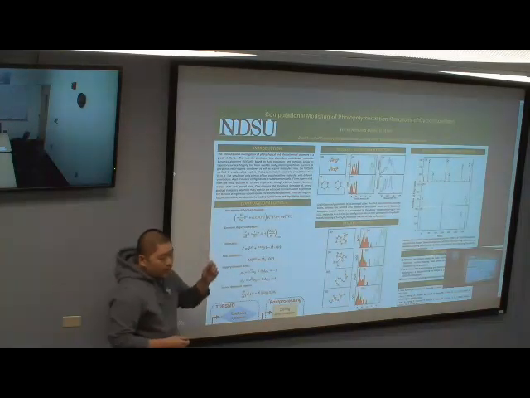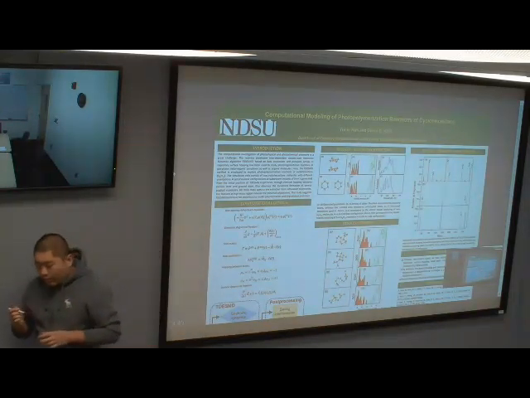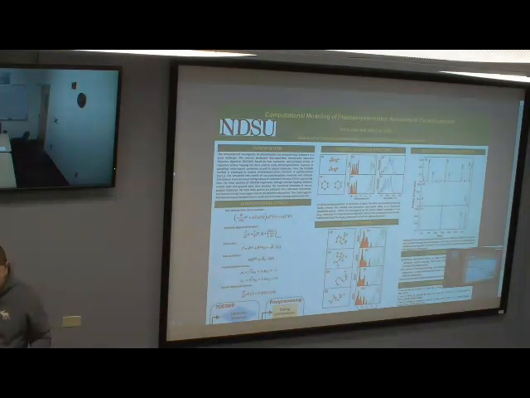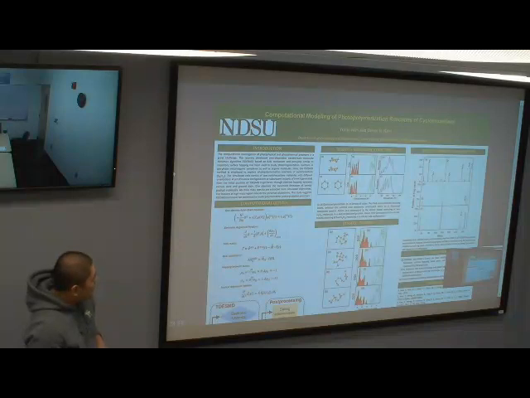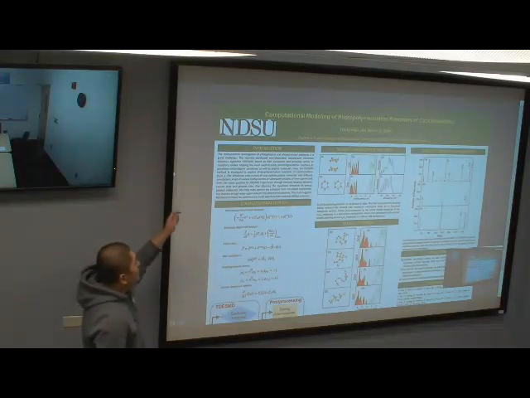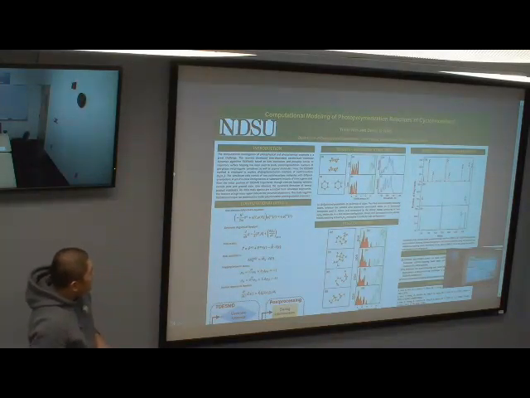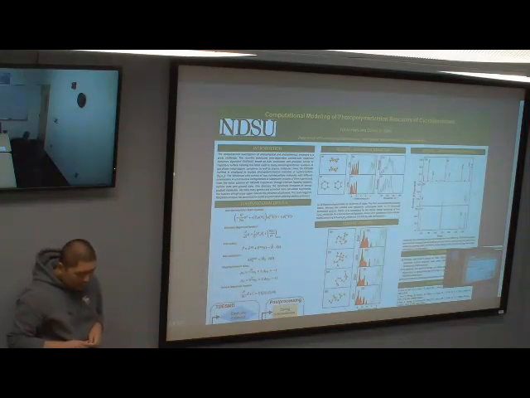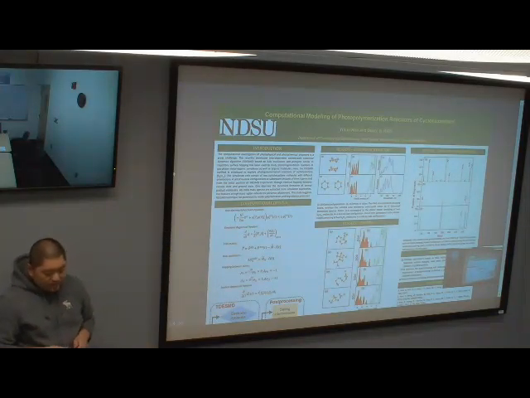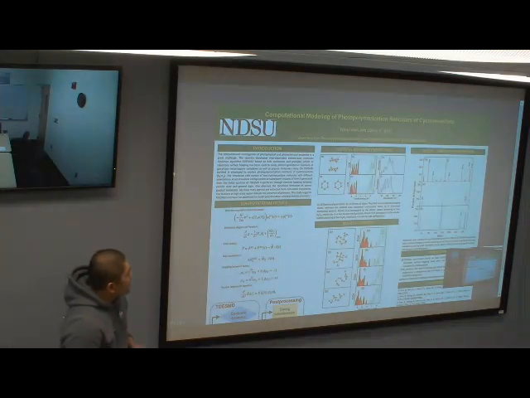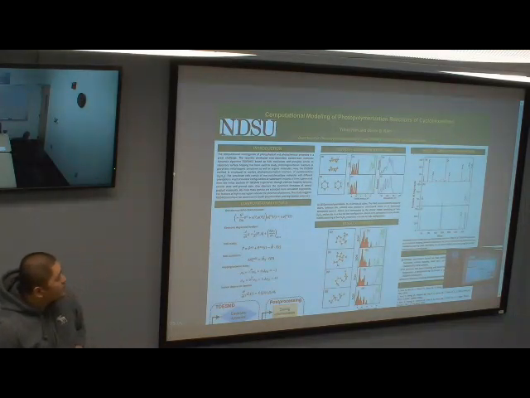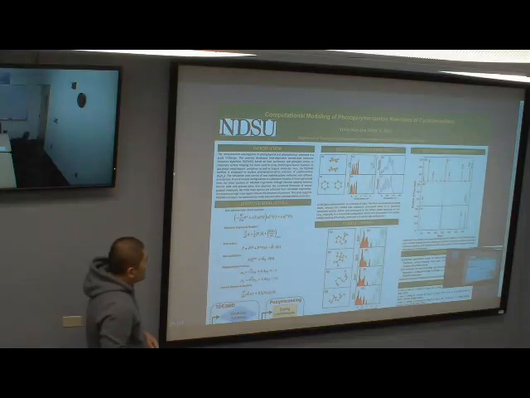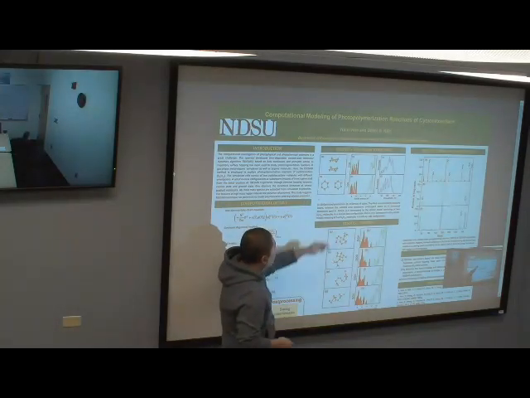The experimentalists have already characterized this feature through some techniques, but the corresponding theoretical investigation is missing. So that's the reason we are doing this kind of simulations. Here are my computational details. We are using time-dependent excited state molecular dynamics to capture this polymerization process. And here are my results.